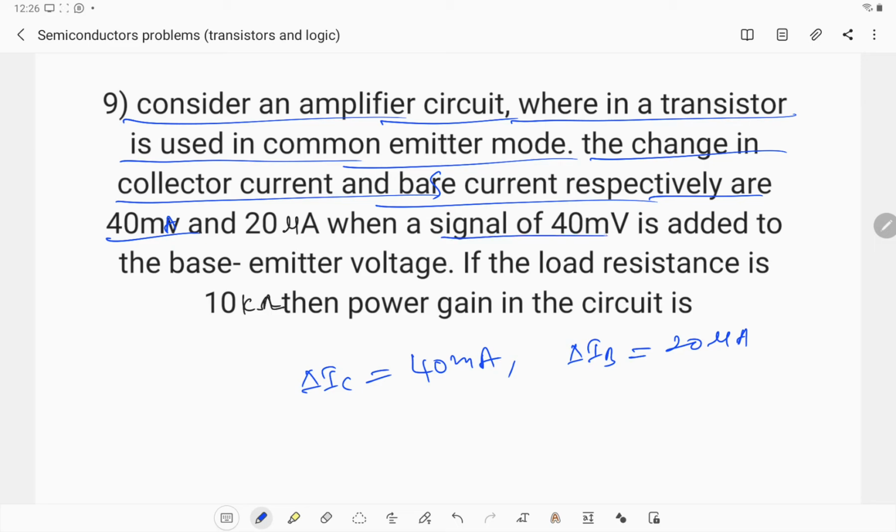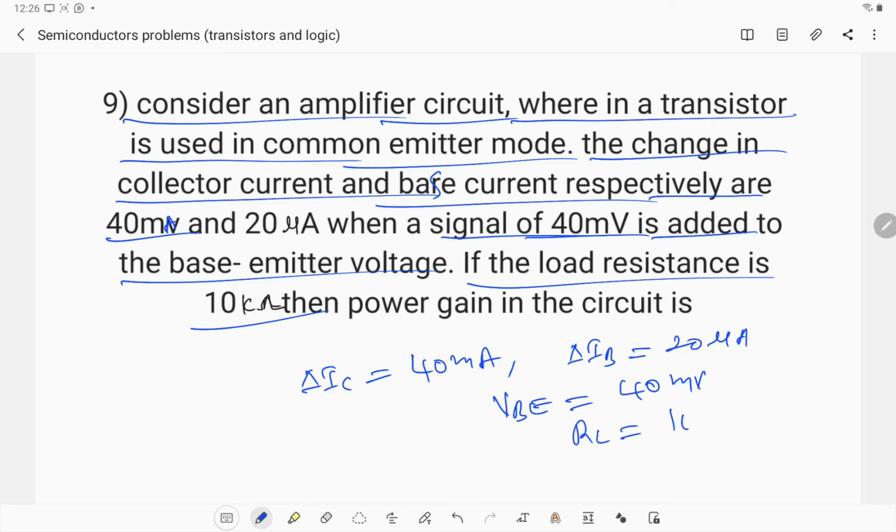When a signal of 40 millivolts is added to base emitter voltage, VBE is equal to 40 millivolts. If the load resistance RL is equal to 10 kilo ohms,